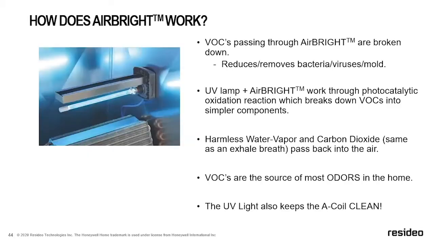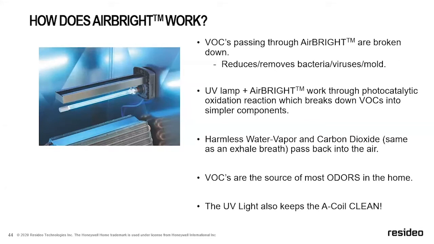So how does it work? This is a great image of how you can install one of these UV lights with AIRBRIGHT. You can either snap it onto the inside of the plenum by taking advantage of the magnets that come on the UV light, and they're super strong. So if you don't want to put a hole in the ductwork, you can internally mount it just by putting it up against the metal and then wiring it into 24 volts. Or you could use the template that's factory provided, drill some holes in the ductwork and slip it in from the exterior. But what happens is your blower comes on, air passes throughout your system, goes through the coil, and